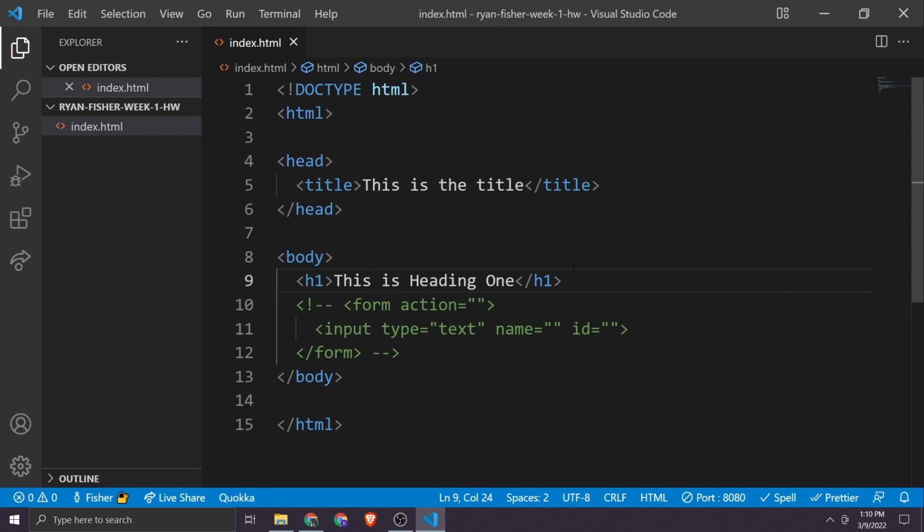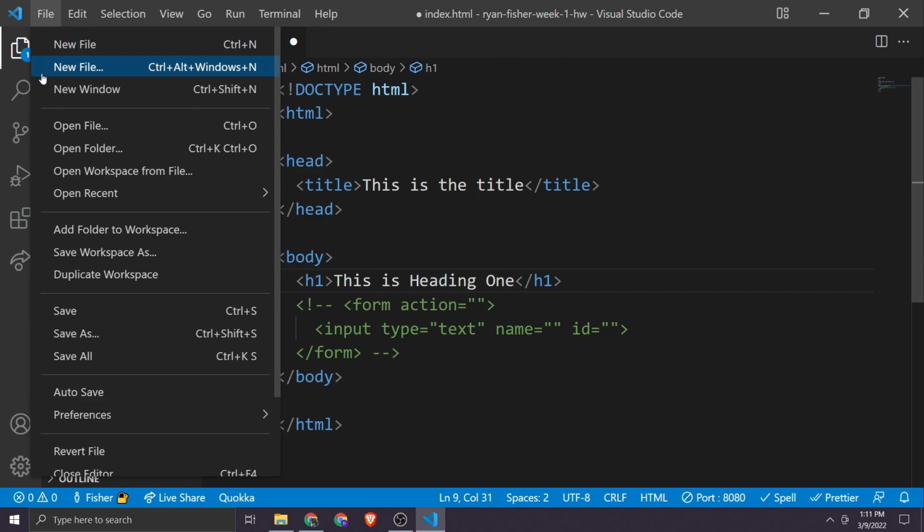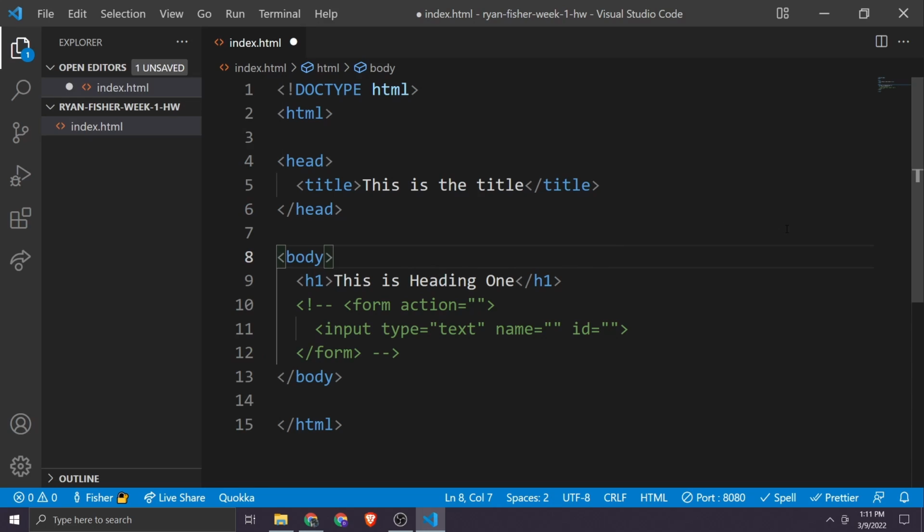You can tell I saved because, let me just make a little change here. Oops, there we go. I've made a change to the page, and we can see a white dot right there. That lets me know that I've made changes, but I haven't saved them yet. I'm going to hit Control S, and if you don't remember, you can see that keyboard shortcut right here, Control S. So Control S to save,